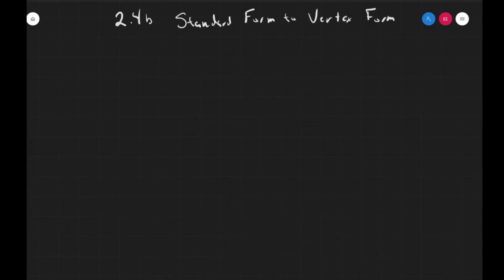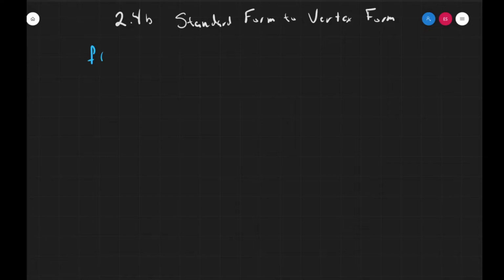All right, welcome, folks. Today, got probably a bit of a shorter video for you, but we're going to use the idea that we started yesterday of completing the square. We're going to tweak that a little bit, and we're going to use that to go from standard form into vertex form. So, just a quick reminder: